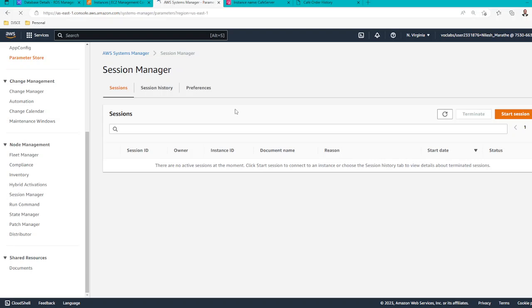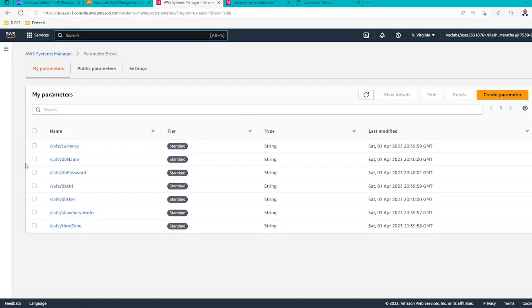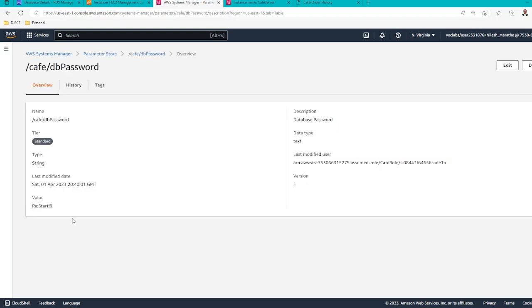From the Parameter Store, we have to check, let it open, the cafe DB password. I will just say view details. So this is our password. I will copy this particular password and try to access this from our